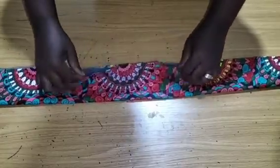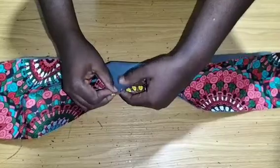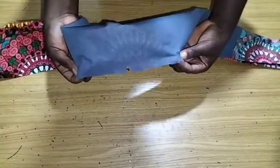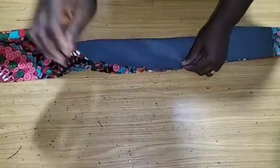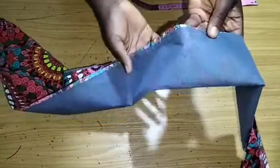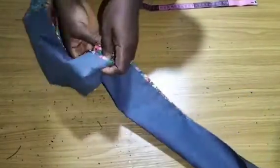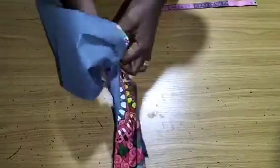So now I'll turn this collar to the back and I'm going to my machine now. I'll sew from this end to that end. Okay, so that will be the back collar. Can you see? That will be that back collar. So let me sew it now, so we'll proceed. All right, so you can see my stitchings from that point to this point, making everything 8 inches where I had my notches. So I just quickly turn it to the right side, okay, and then go back to my